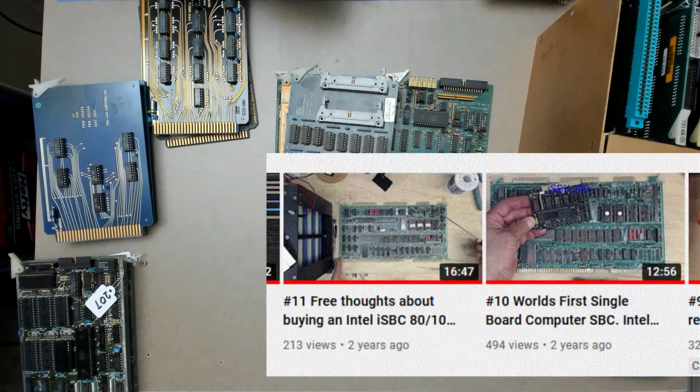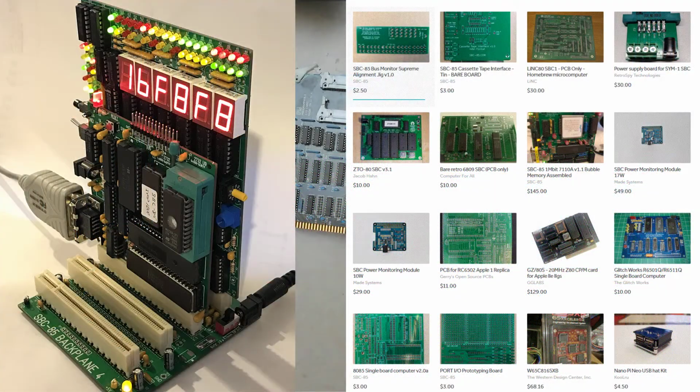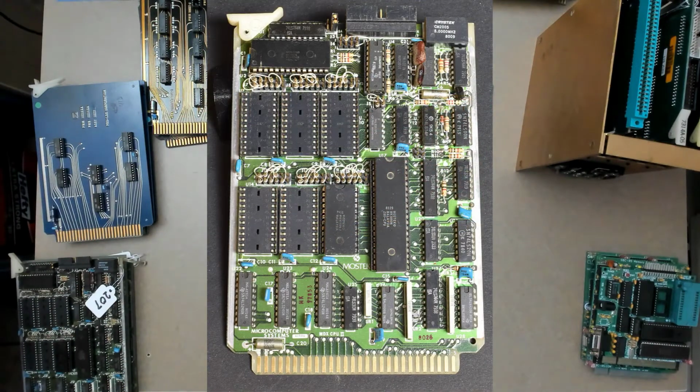In previous videos, I've pushed multibus as a low-cost entry point into historic vintage computing hardware, but if the physical size or the complexity of multibus is a bit scary, and if you don't want to build any of the modern kits with vintage processors like my SBC85 or the dozen other kits on 10D covering all of the 8 and 16-bit CPUs, then STD may just be something that you want to consider. It offers a wealth of learning opportunity. It's a great deal of fun. It's small. It takes minimal space. And it has a very low entry price.